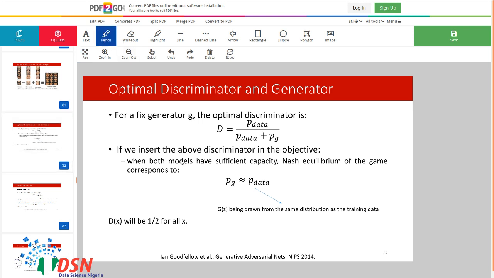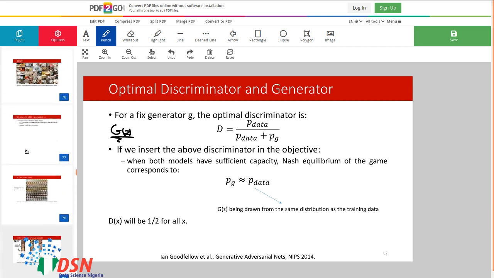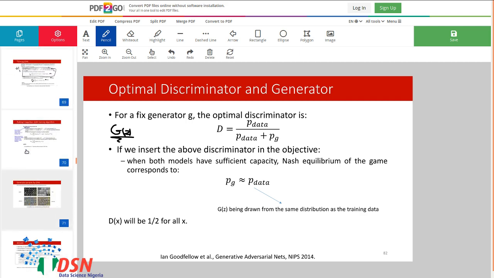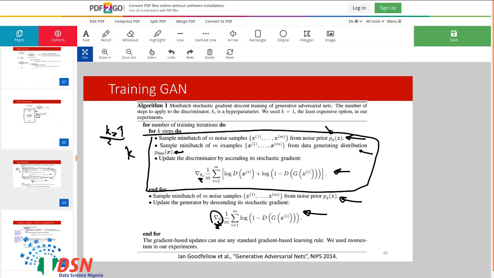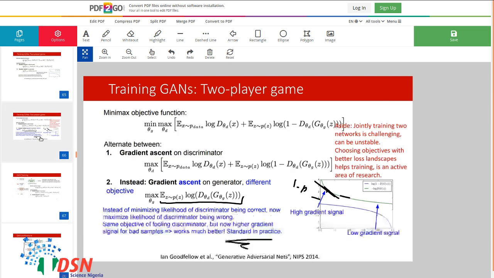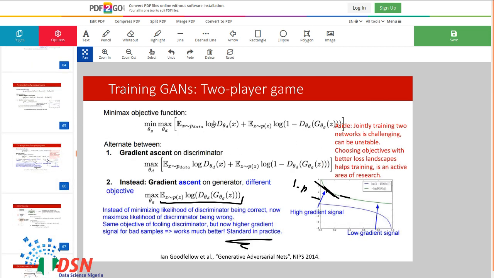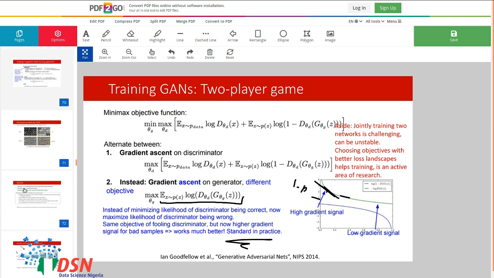Okay, now let's talk a little more about GANs. For a fixed generator, you can optimize this with regards to D, which is the discriminator.